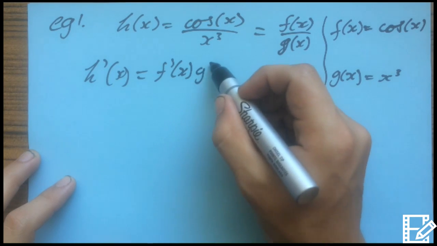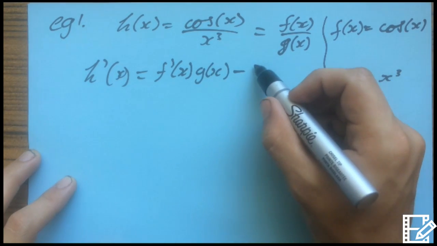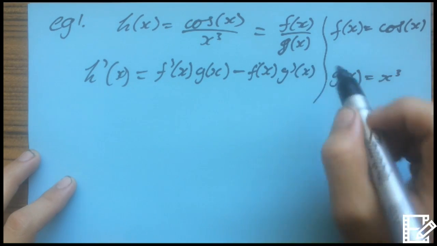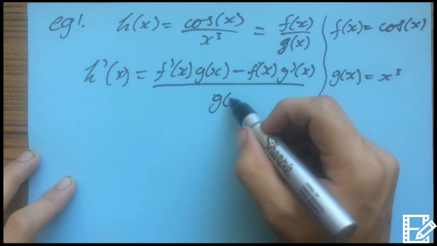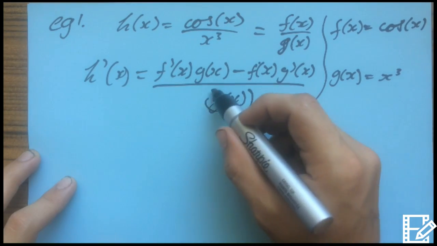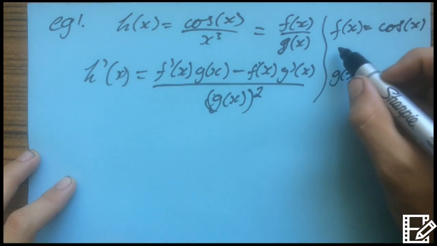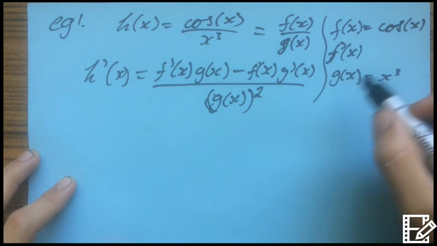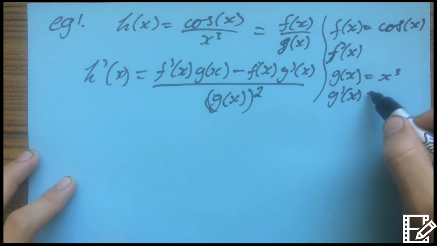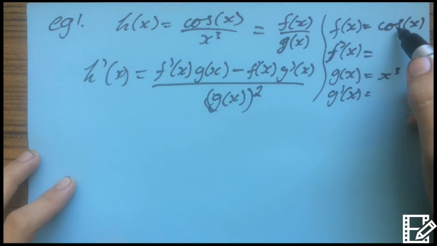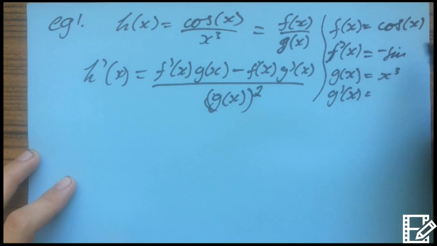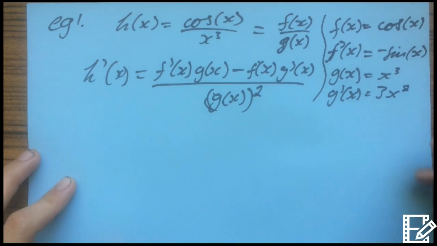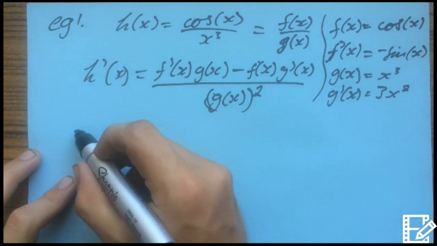Derivative of the first function multiplied by the second function, minus the first function multiplied by the derivative of the second function, all over the second function squared. So we need to find the derivative of the first function and the derivative of the second function. Derivative of cosine is negative sine x. Derivative of x cubed is 3x squared. So, if we input this,